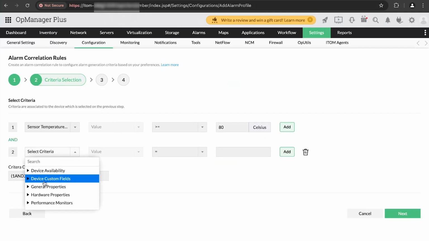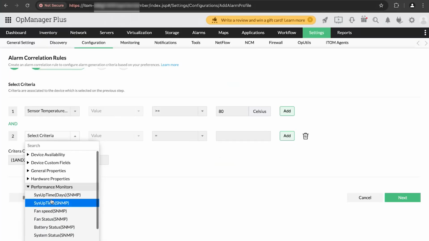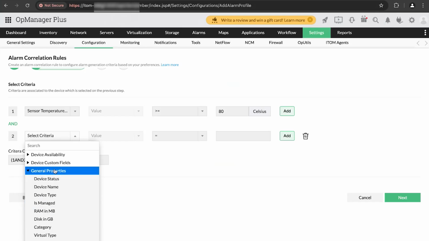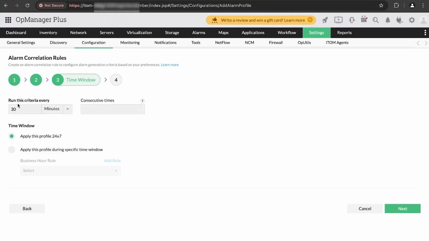And if, let's say in the performance monitor itself, if the CPU... if the availability state is equal to down, then I'll be able to. So if these two criteria happen at the same time, and I'll be able to run this criteria, customize how often this particular correlation check should be done, and the number of times it should happen for the alarm to be triggered, and whether to apply this